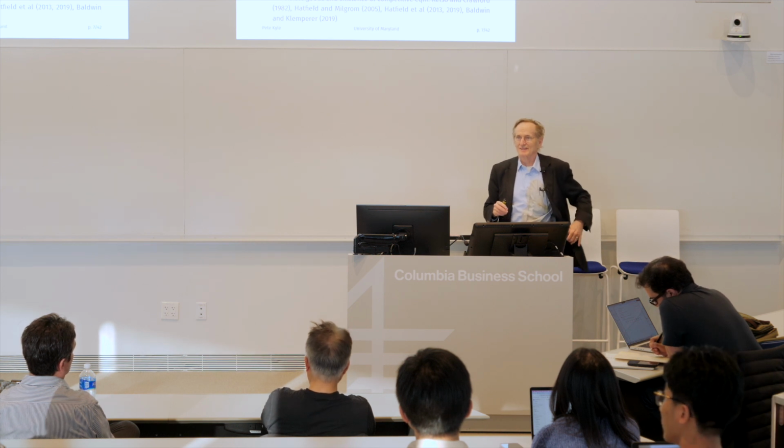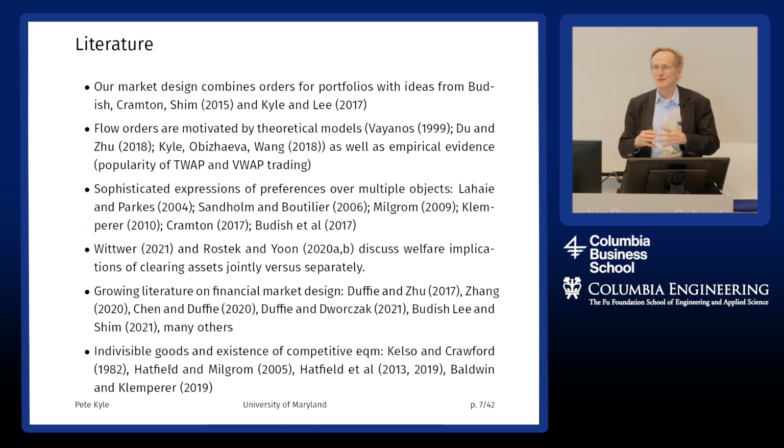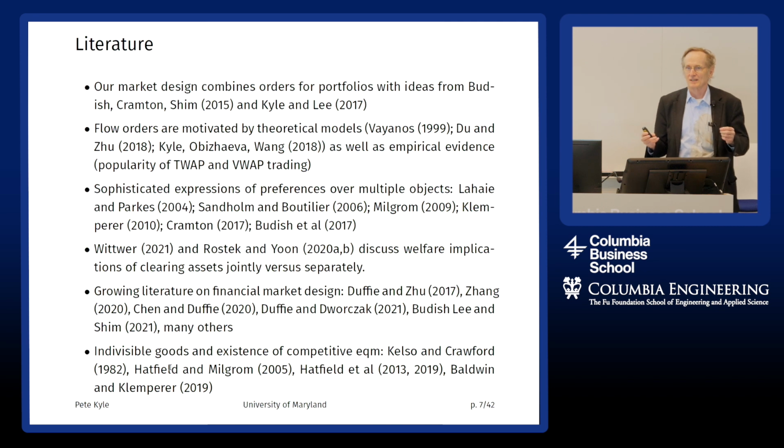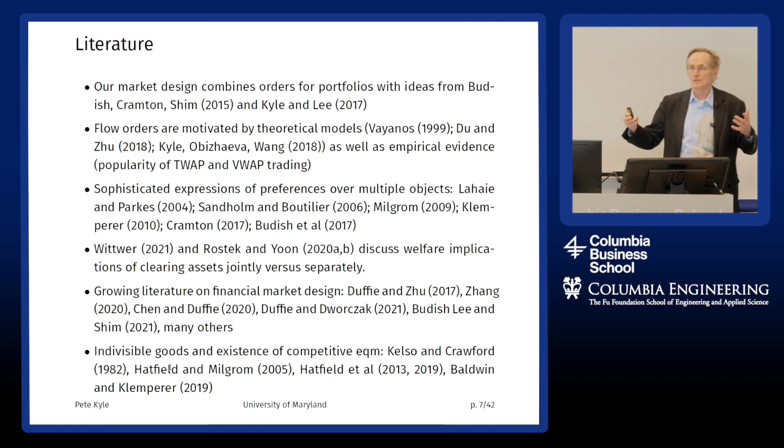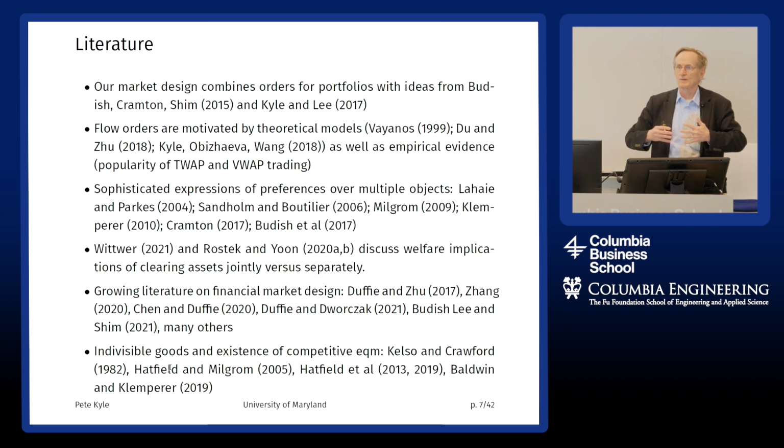Okay, so the question is about social welfare and economic inefficiency. I could give a very long answer, so I'll try to give a short answer. We're not trying to solve problems with adverse selection or other kinds of market failures associated with, say, market power. We're just going to take it as known that traders, due to market power, are going to restrict the quantity they trade or trade more slowly. And similarly, we're going to just take it as given that there's adverse selection. So we're not solving that problem.